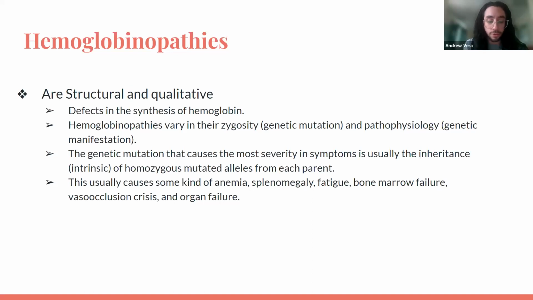As we're developing in utero, the expression of the alpha hemoglobin is first for GAR1 and GAR2, and then hemoglobin Portland, and those are slowly replaced by the gamma chains, to create fetal hemoglobin. And then after that, gamma chains are decreased and replaced by beta chains to develop adult hemoglobin, which consists of alpha 2 and beta 2 chains, which is the normal hemoglobin. About 95% of our hemoglobin is made